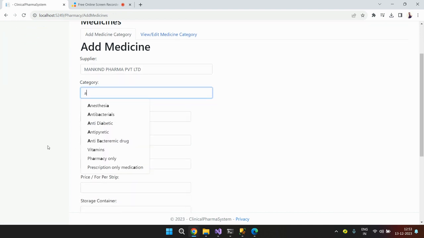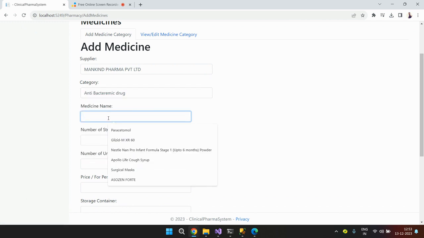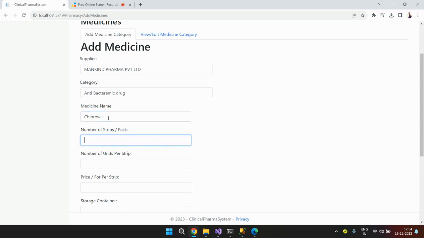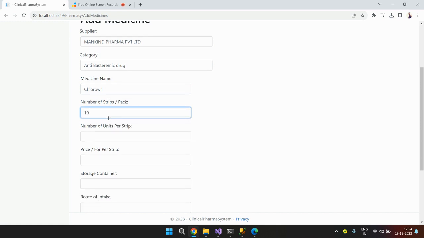and the epidemic drug and the medicine name. So these are dummy data I'm going to add. So these are dummy data, dummy medicine that are not associated with anything. So number of strips, I have bought some 10 strips, and number of units per strip is, in one strip I have 15 tablets, and price per strip is 250, and